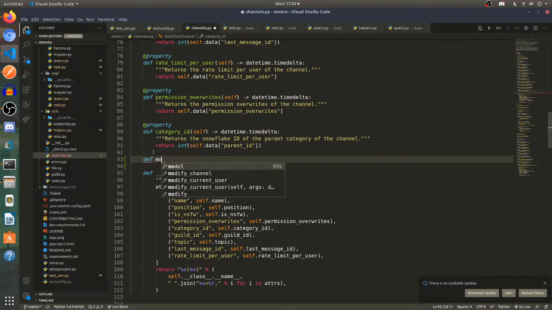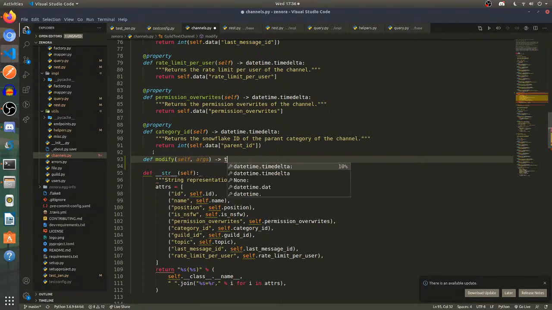Def modify, and let's do self, args, and this should return me typing.any.